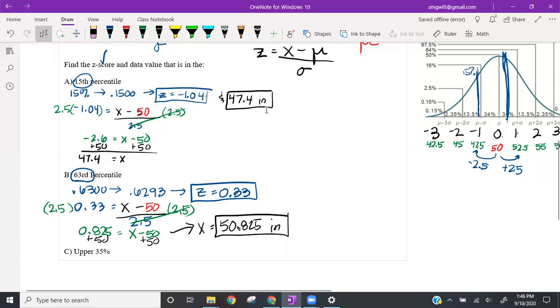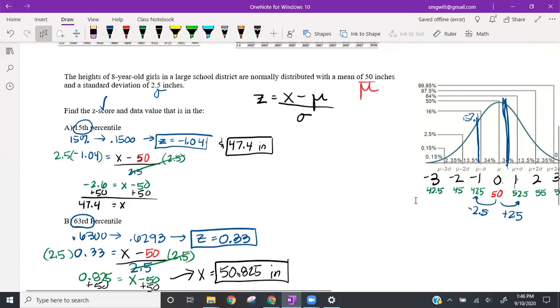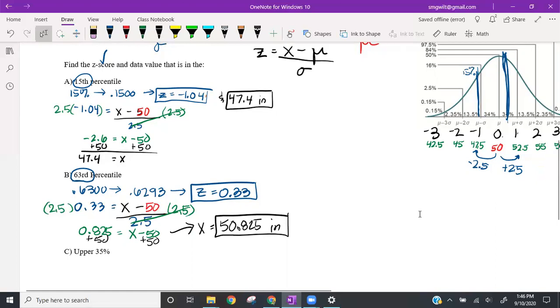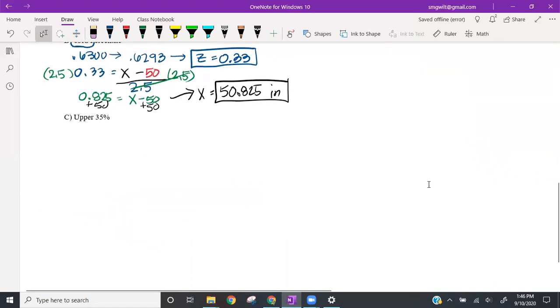The last one is different because I'm not talking about percentile. So I am talking about a percentage. So if I want to find the upper 35% of data, what I'm doing is looking at an area on the right side of the normal distribution. And so when I'm doing that, what I want to use is symmetry. So if I think about looking at the lower 35th percentile, so if I look at the lower 35%,